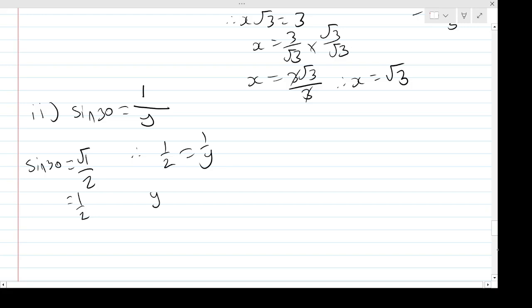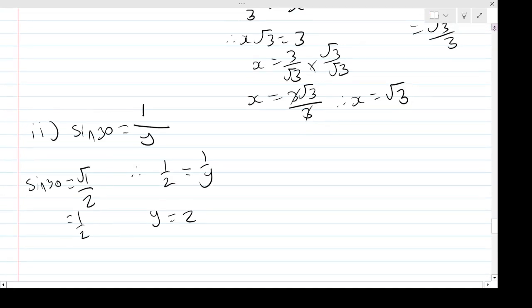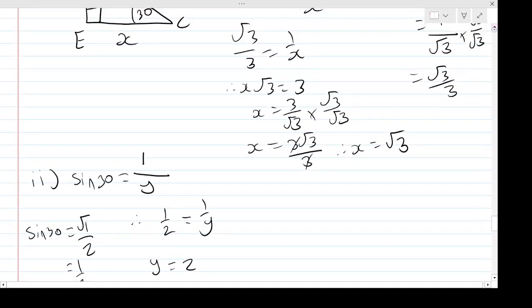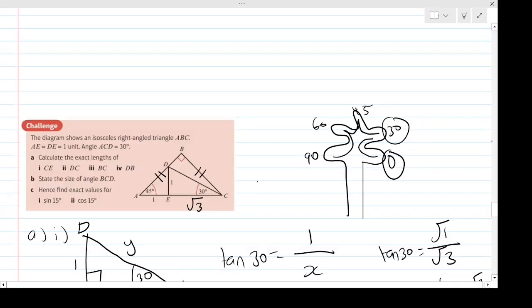And then we can cross multiply if we want to. So 1 times y is equal to 2 times 1, so that'd be 2. And there we are. So y equals 2. Probably could have spotted that, right? Because the numerators are the same, so y is 2. But that's the formal way of solving it. I'm doing a lot of hard work for very simple stuff here. But there we are. So then we can add that DC is 2 there. Okay,